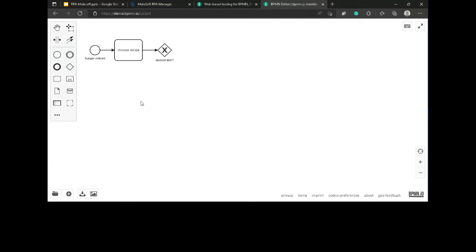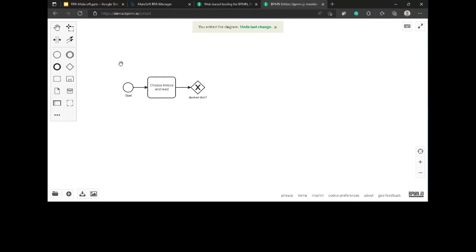Let's suppose I say this is a start point. Choose invoice, and then we say numbers match.